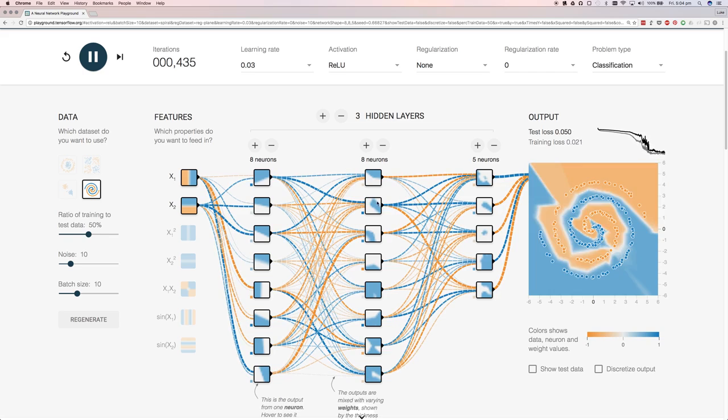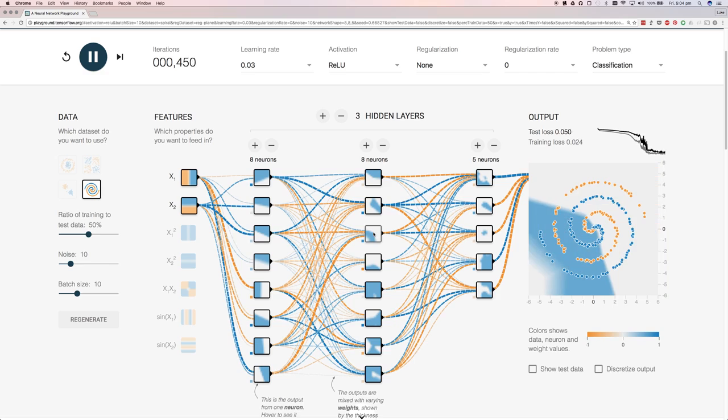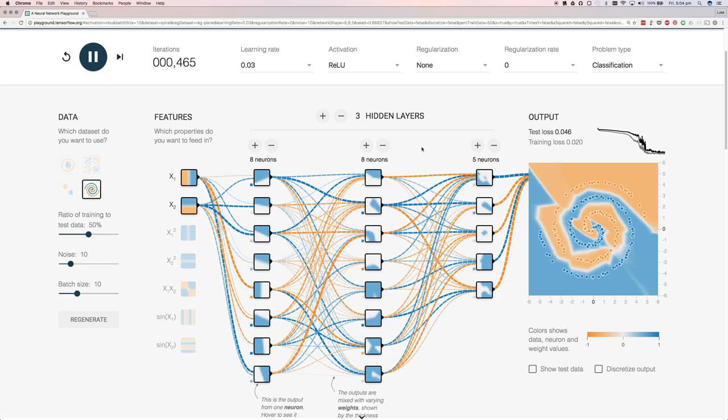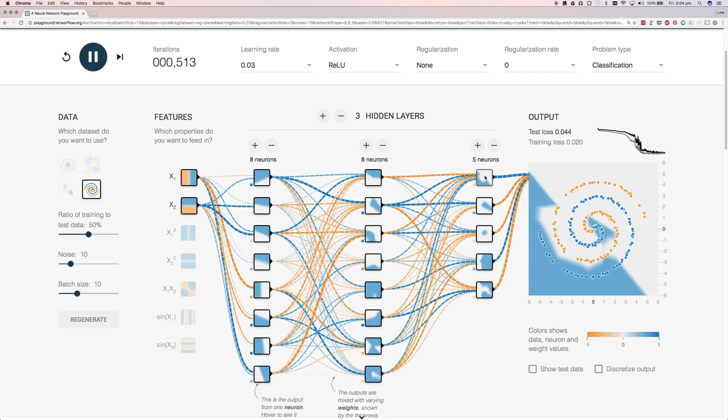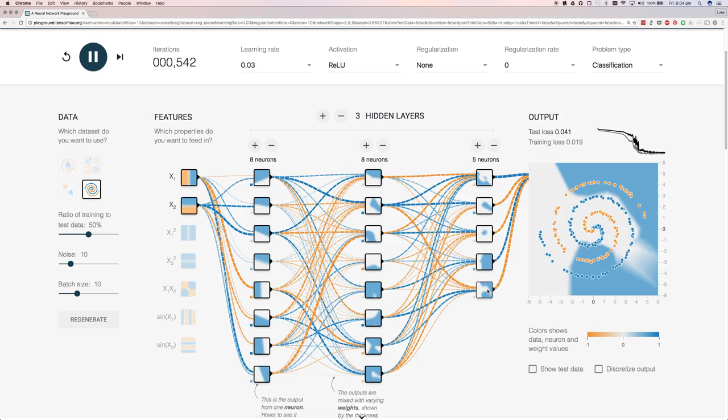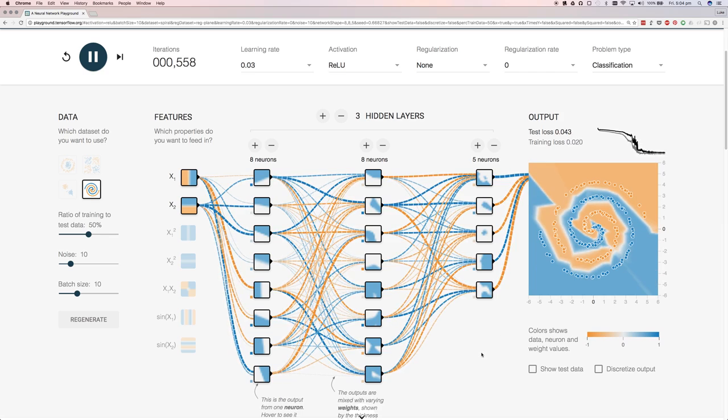For example, this thing, and this thing, and this thing. And then what's going on in the final layer is it's combining those intermediate shapes into something even more advanced and complicated. And then when they all get added together, you can see again, we've managed to build up a fairly good fit for this complex data set.